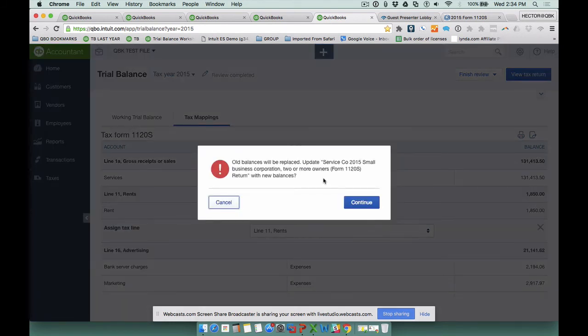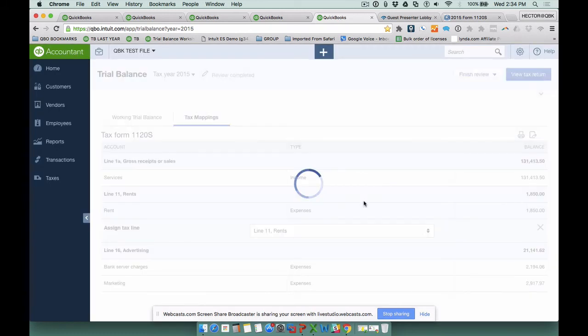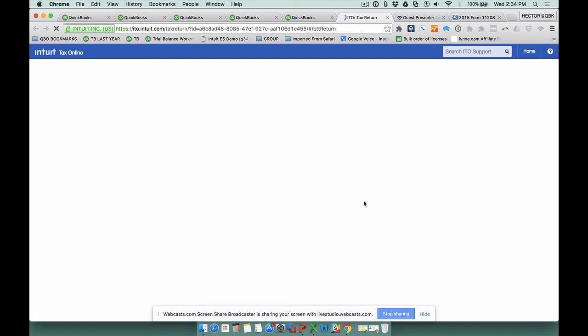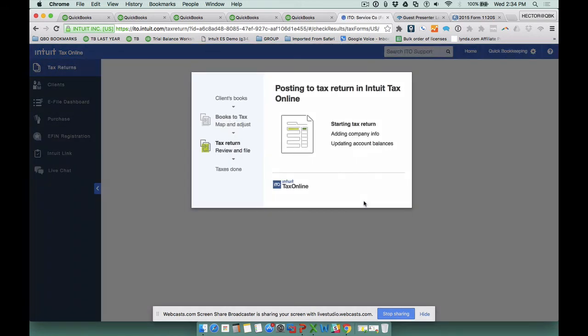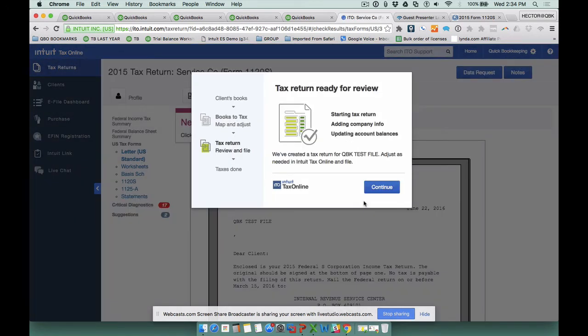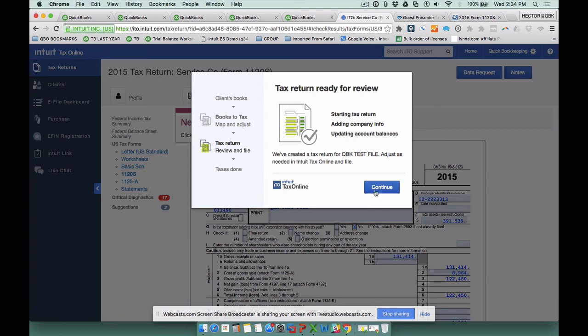and then it's going to say, hey, if you had something else on your tax return, it's going to be replaced completely by the new information, and that's fine. That's what I want to do. So I'm going to hit continue. So now that's going to open a new screen, which is Intuit Tax Online, right? Or tomorrow, as of tomorrow, it will be called ProConnect. So once I go in here, you're going to notice that,